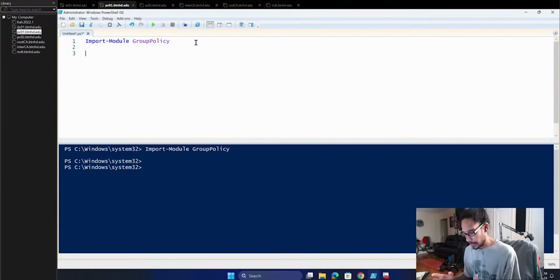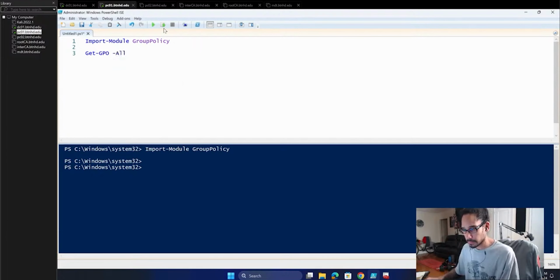Now, the first thing that we need to do is we need to grab all the GPOs, and then we need to push it into like a spreadsheet. I like to use export to a CSV file, and then I clean up the CSV file, and I will continue with the PowerShell. So the command that we're going to use, that's part of the group policy module, Get-GPO, and we are going to do a parameter of -All. We want all of them.